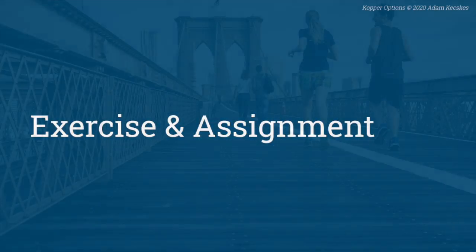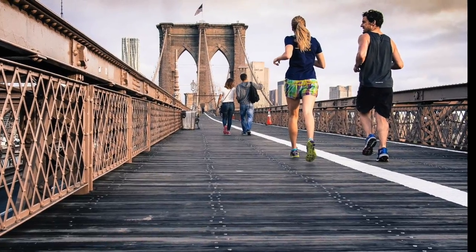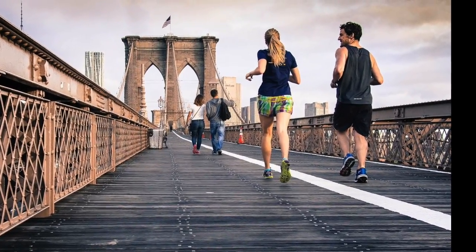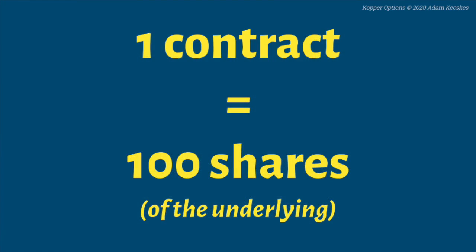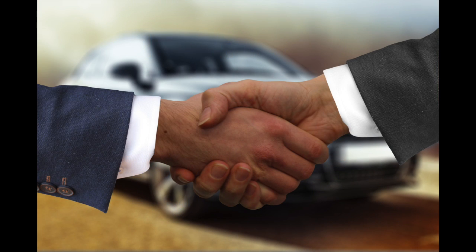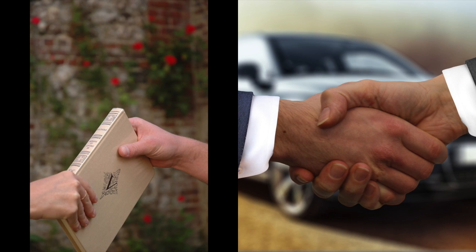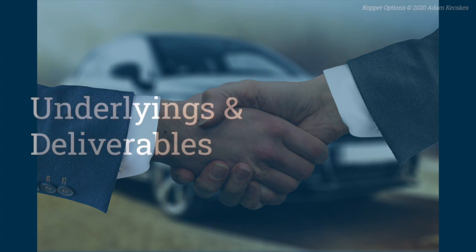Exercise and assignment. The holder/buyer of an option is the person who exercises their choice on or before the expiration date. An options holder essentially converts their options contract to an equivalent multiple number of shares of the associated underlying when invoking the right to exercise, usually 100 shares per contract. Should the option holder exercise the contract, the writer/seller is then assigned the task of delivery. Once they've fulfilled their part of the contract, the writer is said to have been thusly assigned. This will become more clear when we get into the distinction between a put and a call.